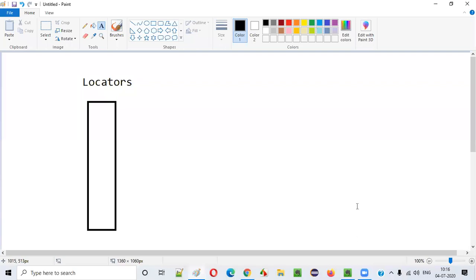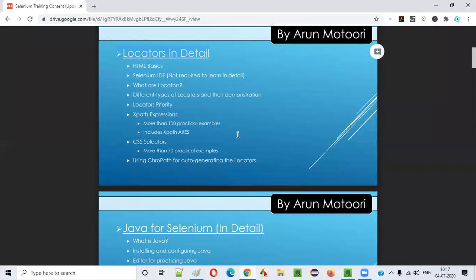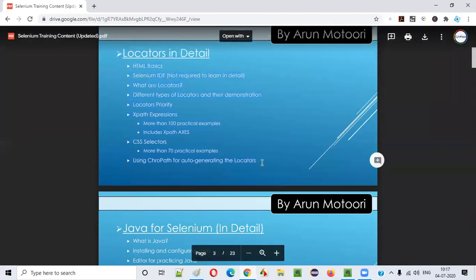So just keep this kind of thing with me, guys. I will be a little bit funny with some examples, real-time cases and all, just to make you guys understand what the things are. I'm just giving a pillar as an example. So just understand. Fine. Locators in detail, guys. I am going to cover locators with a lot of examples, guys, that no one else can cover.